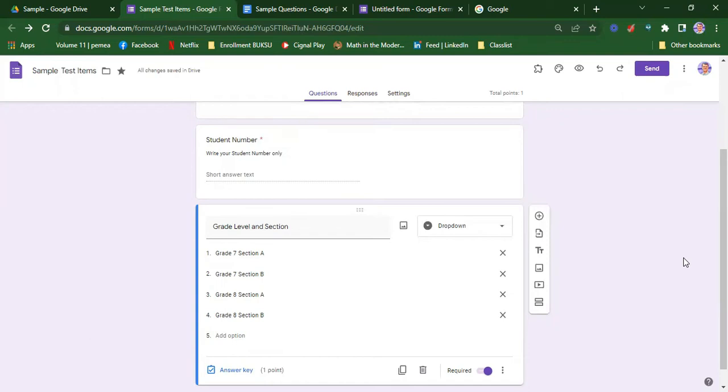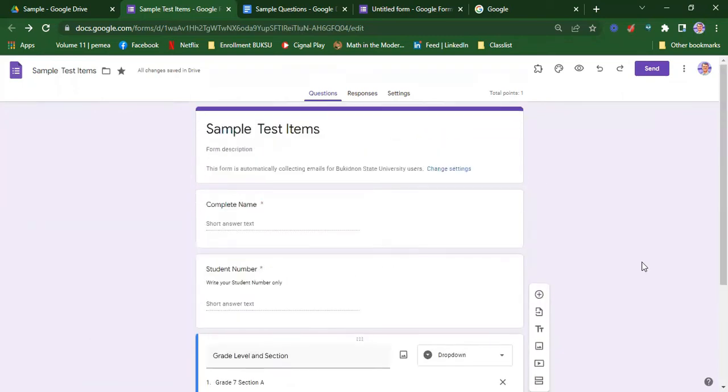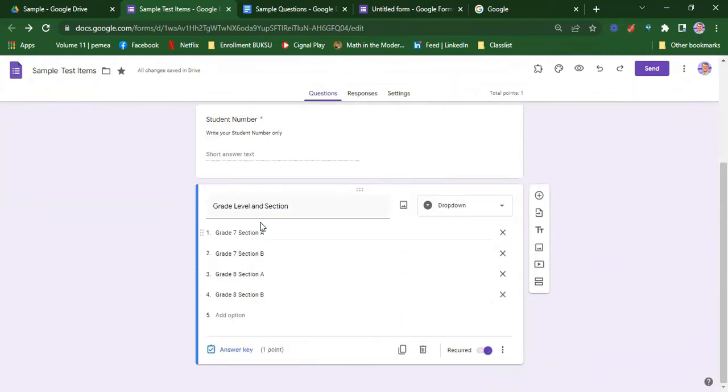But if you're only handling one section, you may not gather this. So these are the basic data that we are going to gather. We are going to get their complete name, student number, grade level, and section. So we are now ready for our questions, and I'm going to make a new page by adding this add